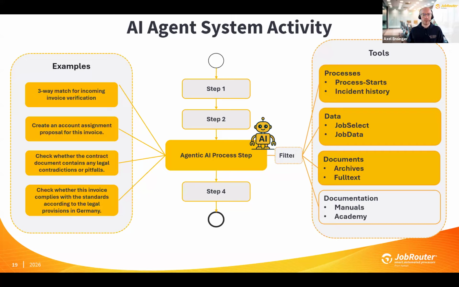And now this is something that you can just bring in as a prompt to this AI agent. So that means you tell the agent, here's the data, the invoice line items. You have a job select holding all the orders, and maybe you have a job data holding the delivery notes. And now your job as an agent is to compare everything and mark the different lines in your jobrouter processes as compared and then see the differences.